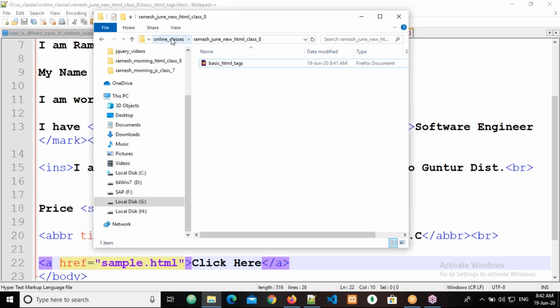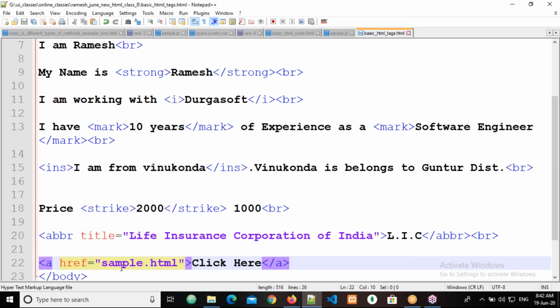Don't go for online classes, UI classes, G drive, my computer, something like that. Just the root directory, that is the path every time. So whenever you write the file name directly here, it will search in the root directory only. Do we have sample.html in our root directory? Please respond.